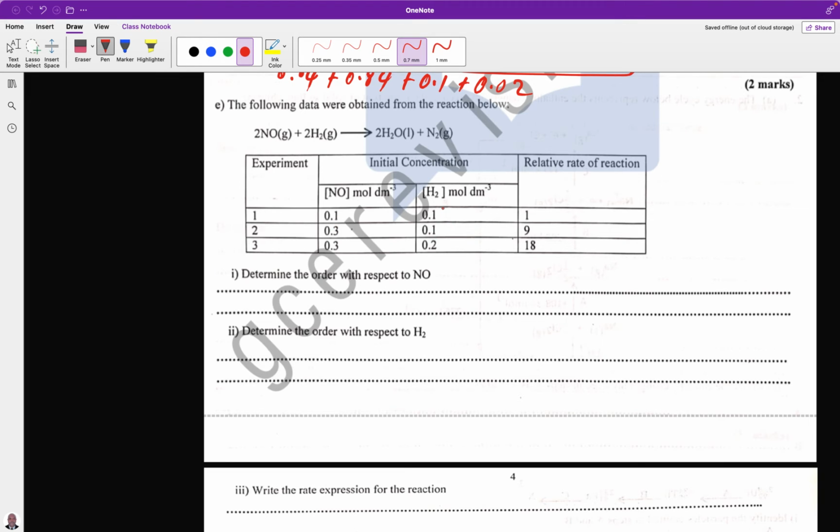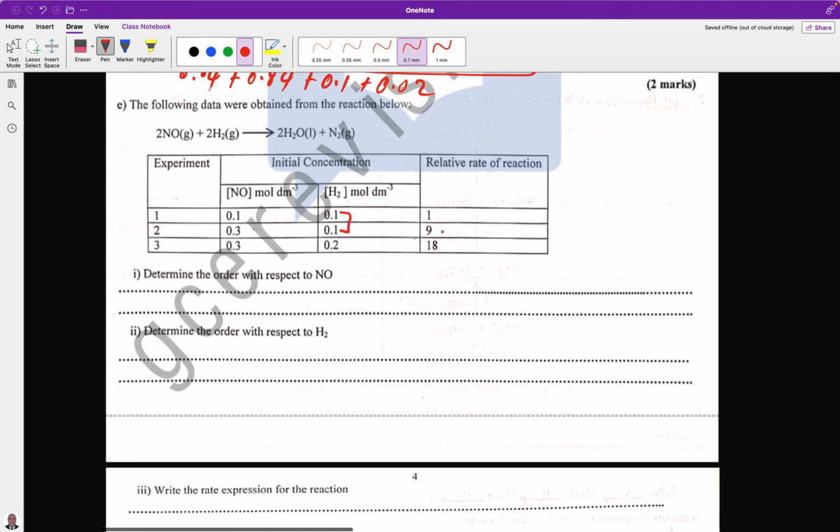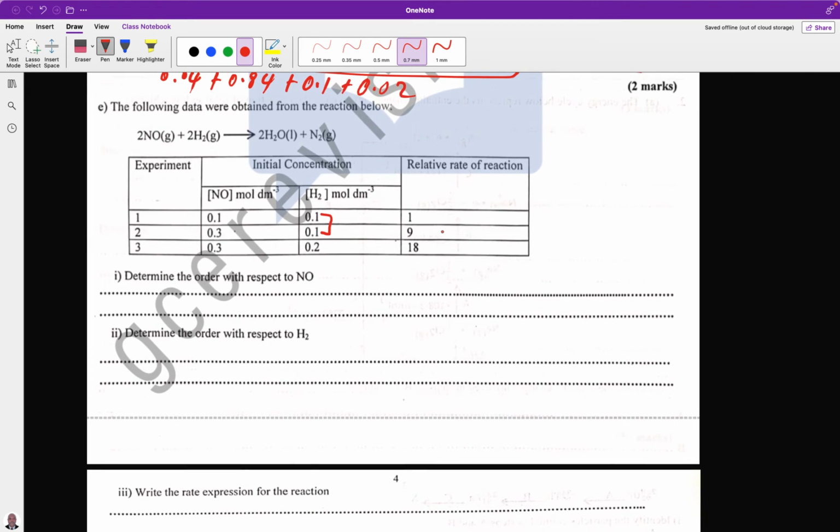The concentration of hydrogen, we have to hold it constant, like this one here. We have to hold this concentration constant. And if we are to do that, this is what we are going to do. Remember that this is how you write the rate equation. The rate equation for this is,